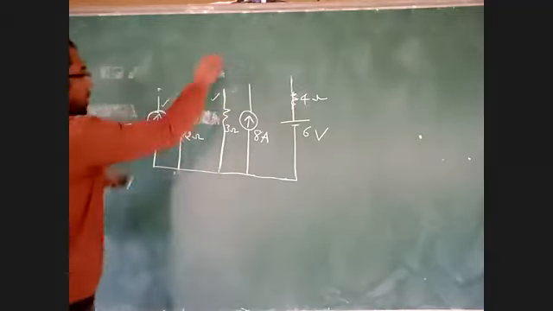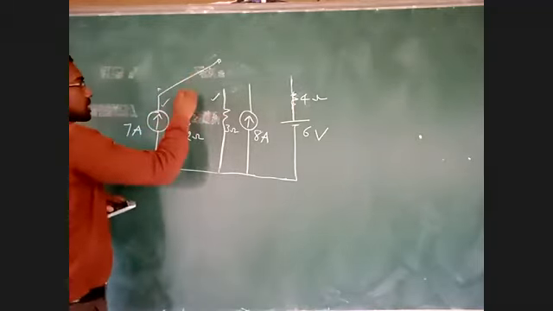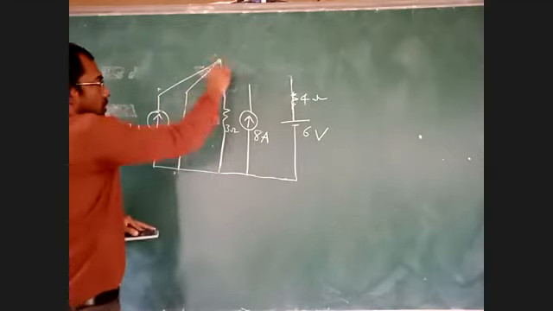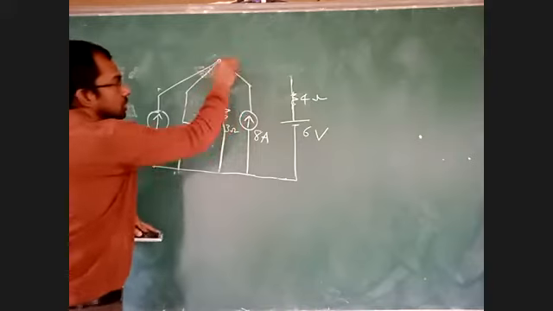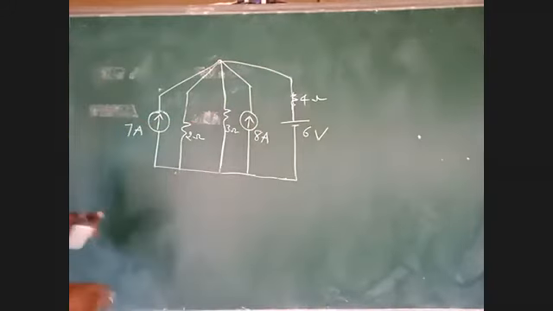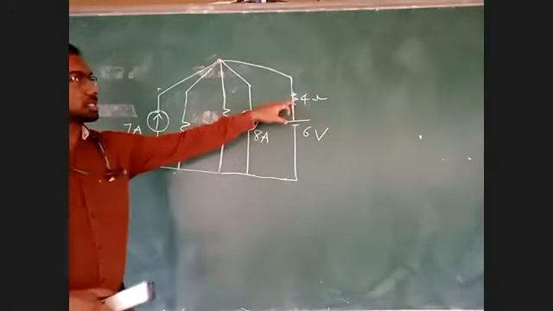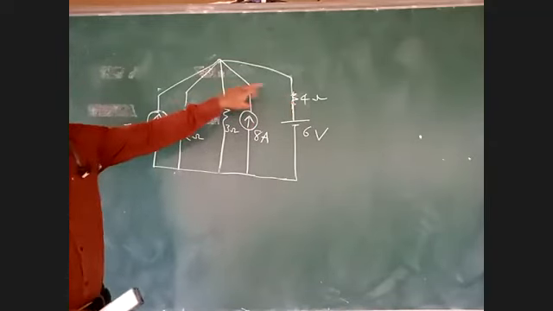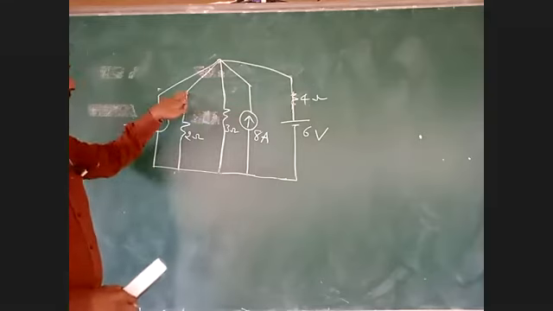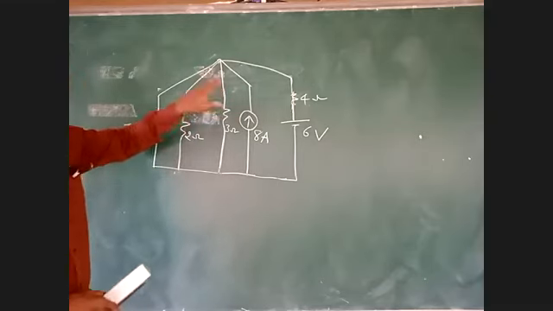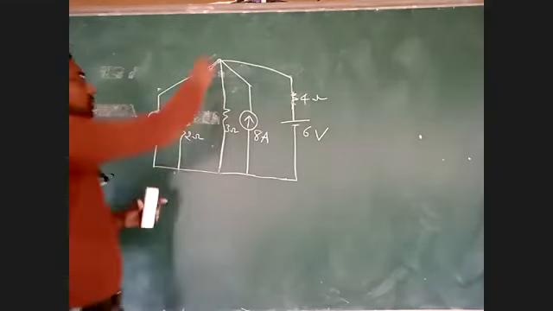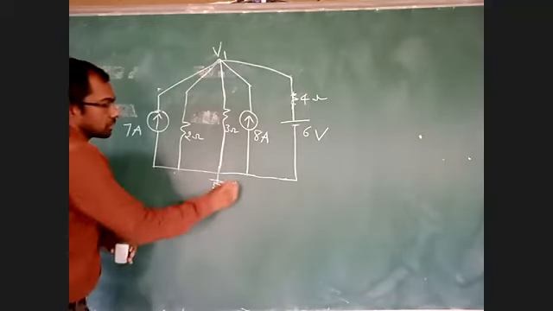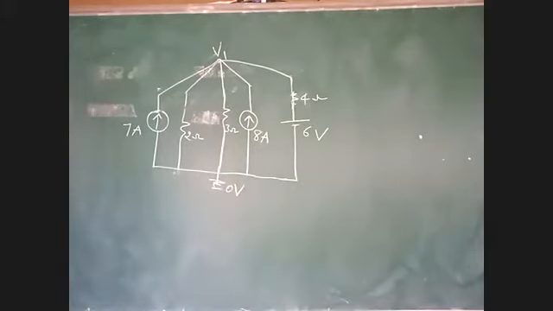Now see here how we can connect this. I can connect this here, here, here, here. Suppose if this 4 ohms is not here, if it is here, this is one node and this will be another node. Same 4 ohms is here also. This is one node, this will be another node. There will be 2 nodes. Now there is only one node. V1 is the node voltage. That's why I have taken this example.